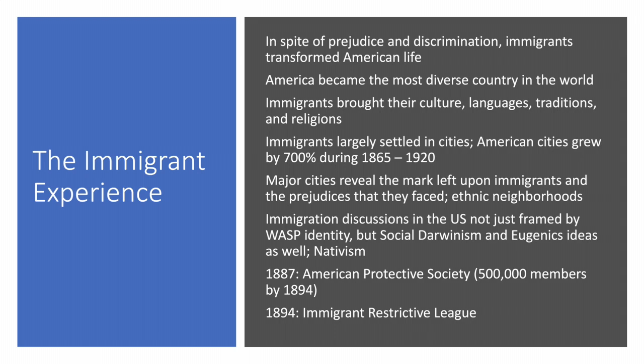And ultimately, a combination of WASP identity, social Darwinism, eugenics, and a discomfort with immigrants results by the 1880s in what we call nativism or nativist movements. You're absolutely going to have to know what nativists are for this class, because it's really important for the next coming units. Nativists are groups that argue that the United States should be for Native Americans. And they don't mean indigenous peoples. They don't mean American Indians. They mean Americans who were born here. They mean WASP identity, white Anglo-Saxon Protestants.